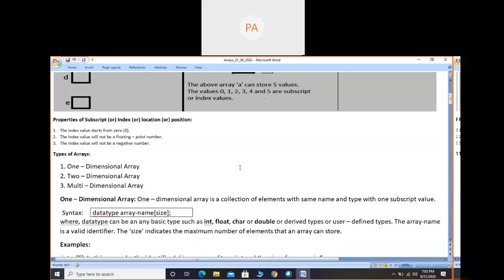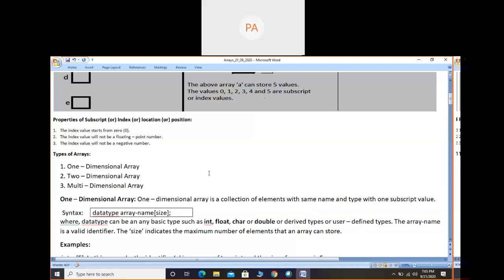So here, the meaning of dimension. From English or from mathematics or from other than the programming language, what we can understand is that dimension means direction, or one way. So in programming language, one dimension means we can call either a row or a column, not both. You have to consider one, either row or column. And if you say two dimensions, rows and columns, both we have to consider.